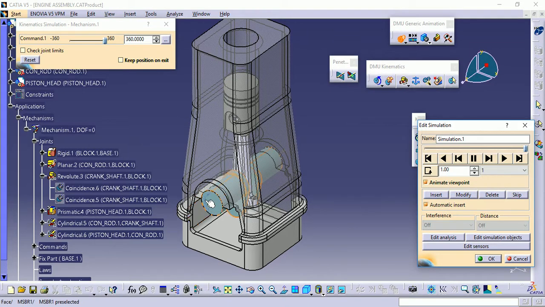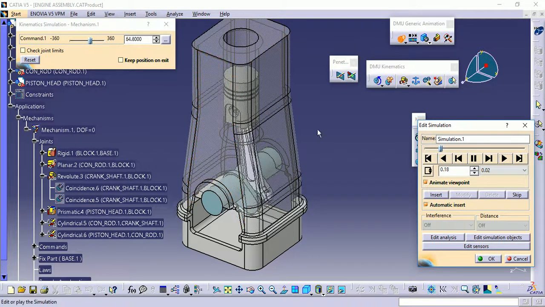Again, while the animation is going on, if I would like to see the motion going clockwise and anti-clockwise both, I can switch to bidirectional loop mode. And for controlling the speed, here we have the option of interpolation steps. So for example, if we want the mechanism to run slowly and smoothly, we can reduce this value, for example 0.02, and then we can play. So now as we can see, the animation is running. We can also capture this animation in the form of a movie file if required.